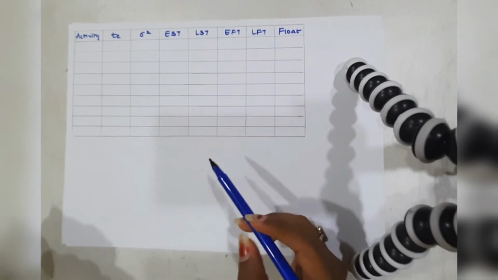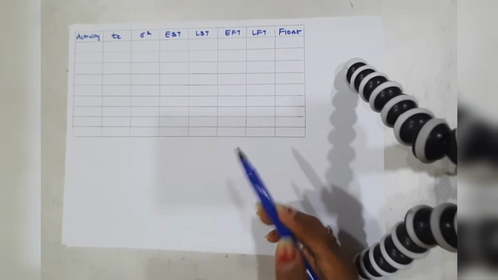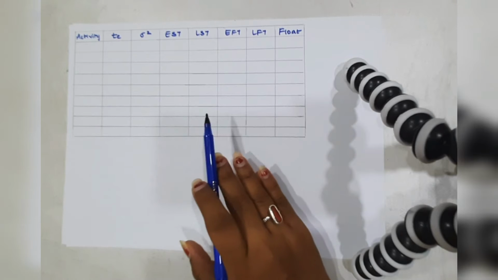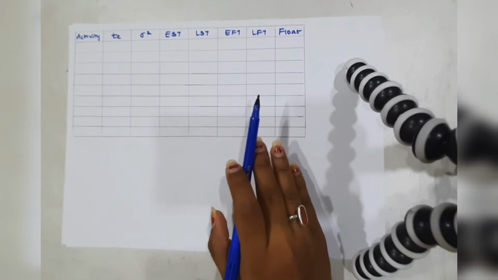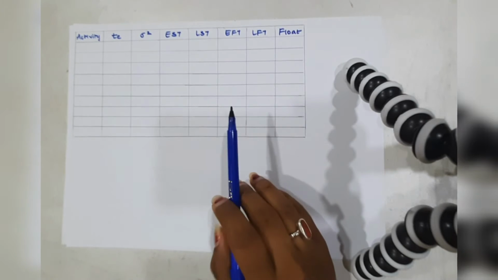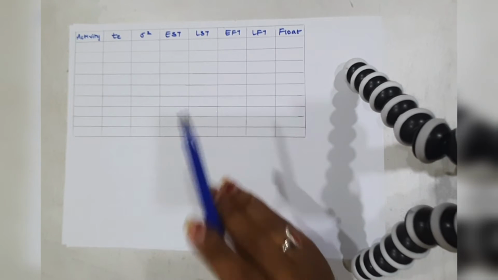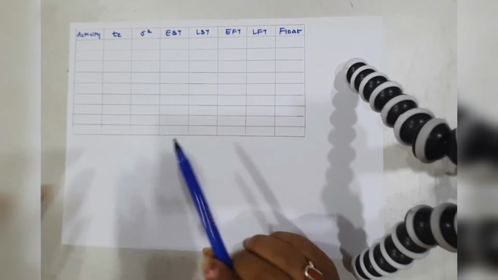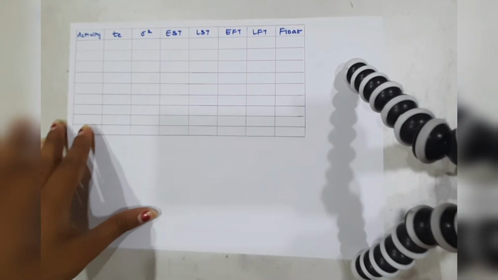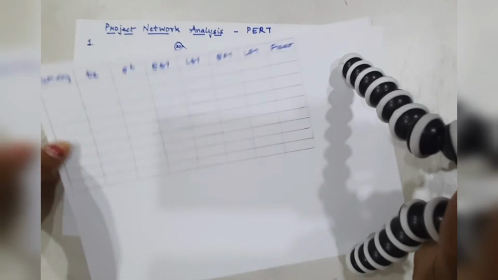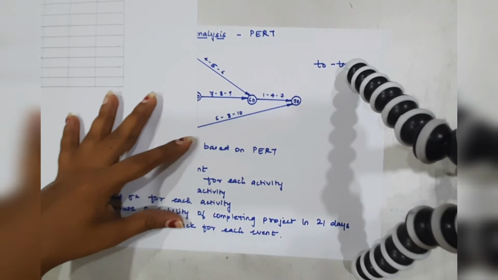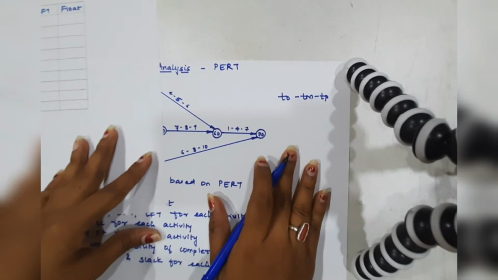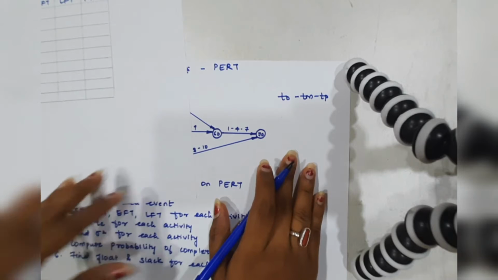As in the previous video, while we were solving the CPM numerical example, we built a table in which we calculated all the EST, LST, EFT, LFT along with the float. But in this case, we are required to first calculate the expected time, or we could say the average time of the activity, and then the variance. So we need to first know the formula for calculation of TE and sigma square. Let us first note it down in our sum, so that everything is in front of us, and we can simply refer to it and solve the problem.